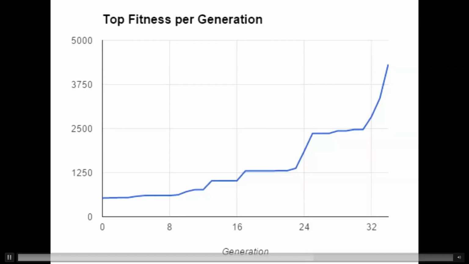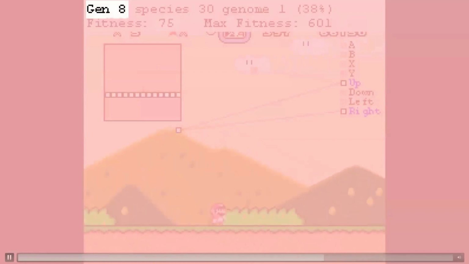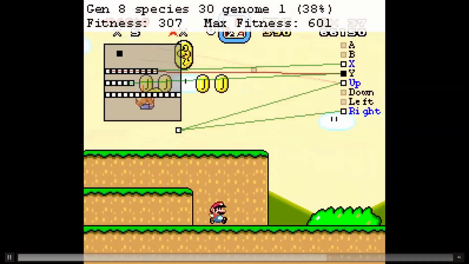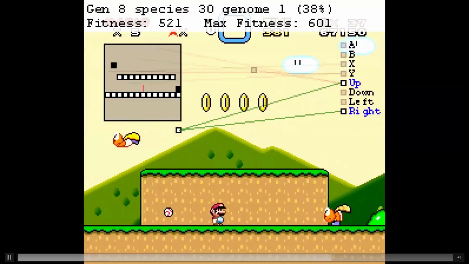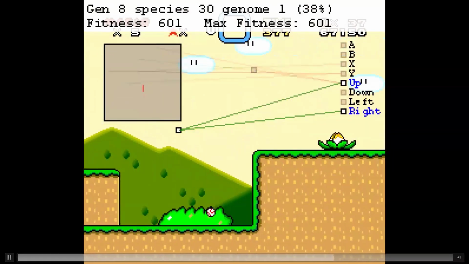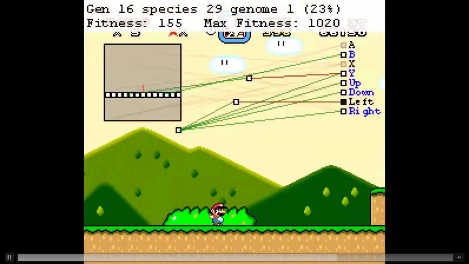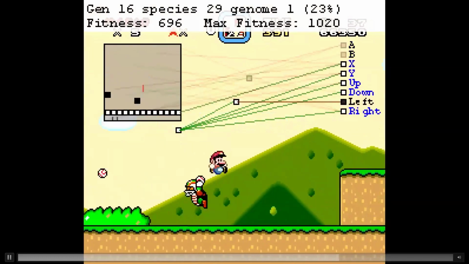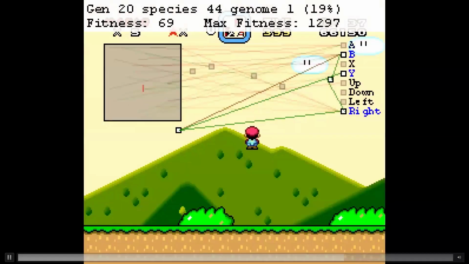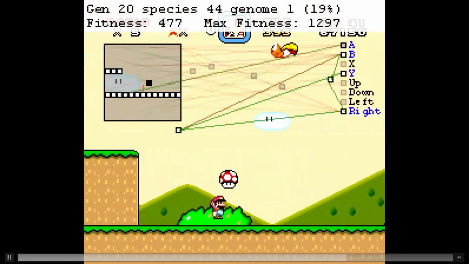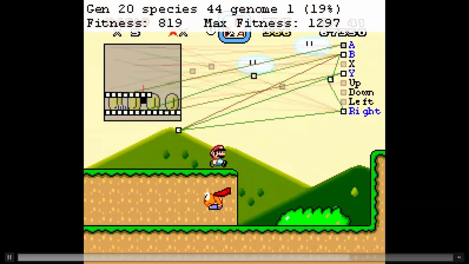You can see there were several places it got stuck for a few generations, but it always evolved out of those ruts. Let's take a look at a few of those ruts. You can look at the top left corner of the screen to see what generation number each rut occurred on. This process of picking the fittest individuals from each generation, breeding them together, and adding random mutations very closely matches the actual process of biological evolution that took single-celled organisms and produced intelligent humans. That's the power of neuroevolution.